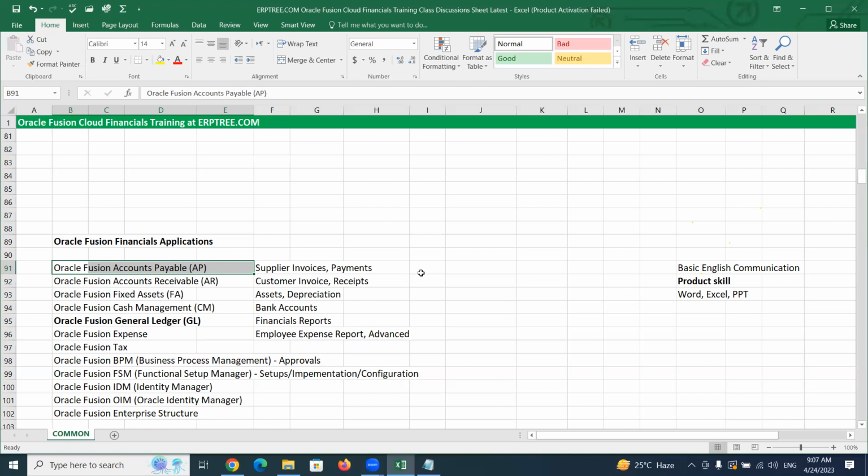In the accounts payable application, there may be 20 features, but as per the company business, we have to set up only those they require. We have to do the basic setups. We have to arrange the payables application. Then only the payables application will allow you to create invoices and process the payments. You purchased an AC, you have to install it, then you can use it.